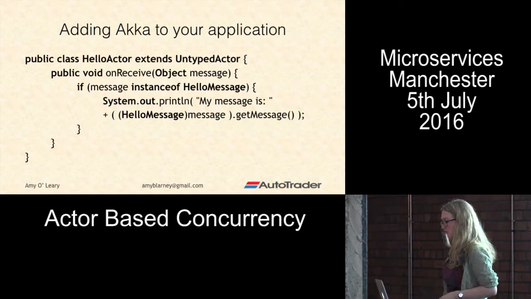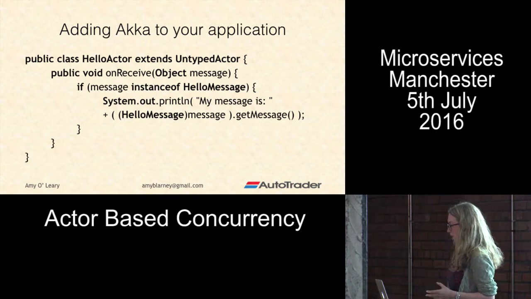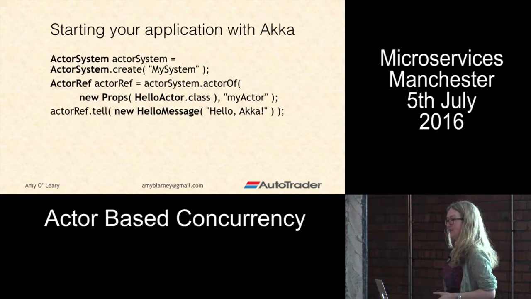And in our actor's onReceive method, we have a very boring if statement here. And that if statement checks what type of message it is, it handles it, and then maybe sends a message back or sends a message on to another actor. Now, in our main class, we instantiate the Akka system and instantiate each of our Akka actors. And in a second, we're going to be instantiating them with a router, which we've configured in a configuration file here. So this is a fairly standard routing configuration.